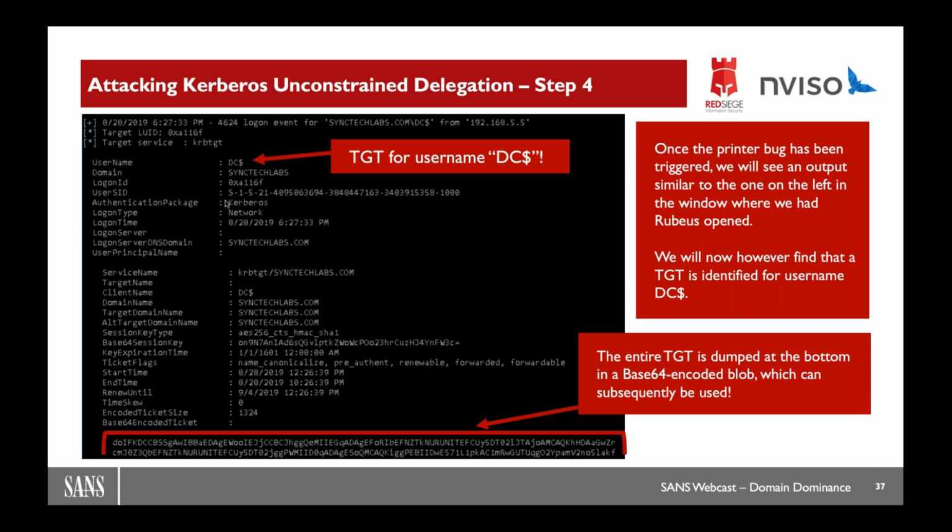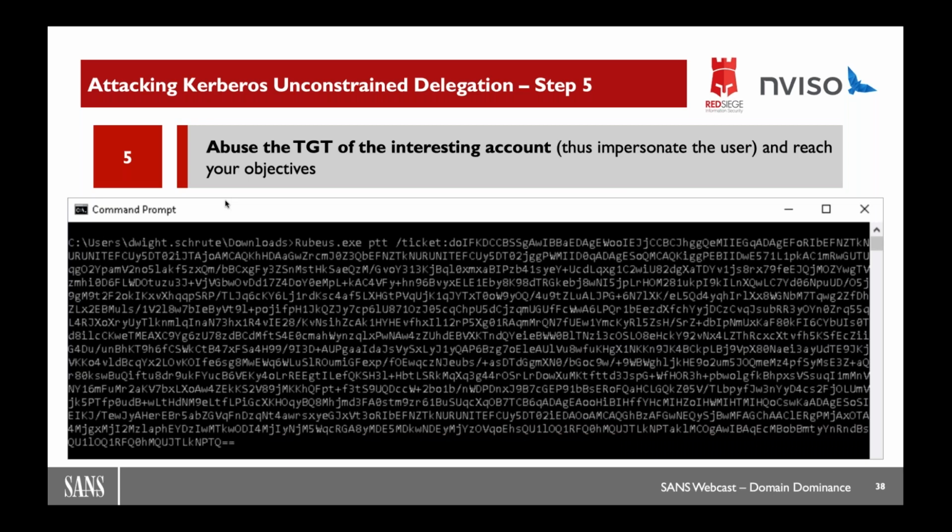Excellent. So we can now either convert that base64 to a proper file and write it, or, if you want to do it in a more complicated way, which for some reason I like, I used Rubeus.exe, passed the ticket, and then specified the entire base64 encoded ticket. Boom, that's the entire TGT. And I can now use that.